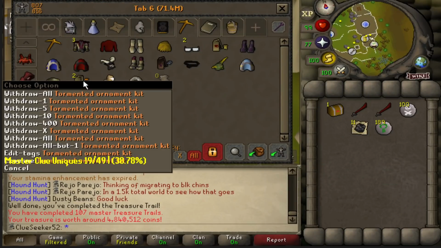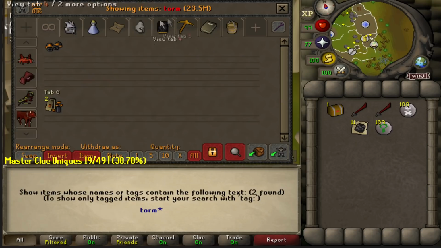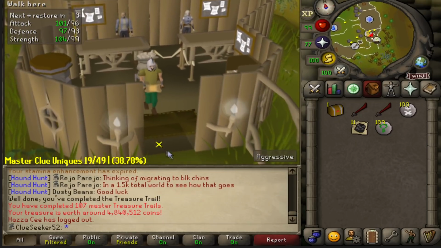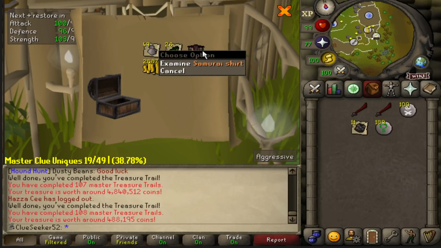That is now the 3rd Tormented Bracelet Ornament Kit. Like I said, I do already have one on the bracelet itself. I mean, to be fair, it is nearly 5 mil to the bank, but I would prefer either like the Anguish or the Torture one. And anyway, last one for today is gonna be...